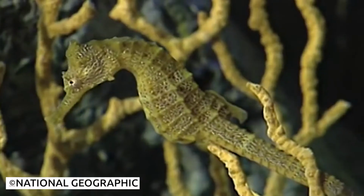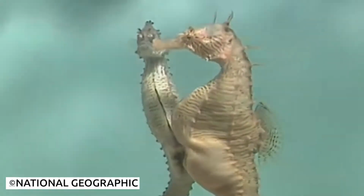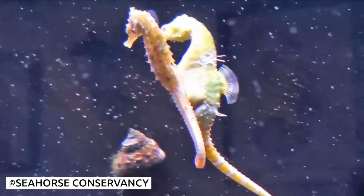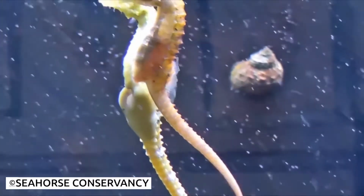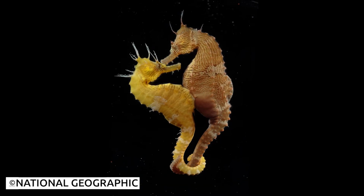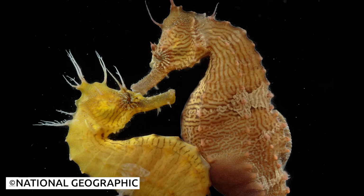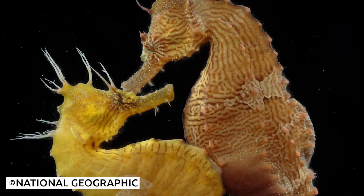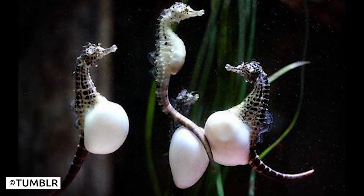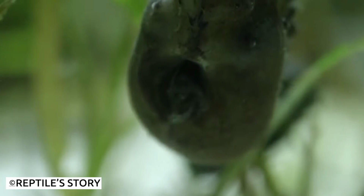The whole process is beautiful and captivating. The males and females dance around each other and wave their wings rapidly. They continue this ceremony-like dancing for days before they finally decide to mate. When they find partners they like, I'm guessing based on who had the best dance moves on the dance floor, the female seahorses swim to the surface and put their eggs into the male's pouch. Once the eggs are secure, the male will add his sperm and shut the pouch for the eggs to develop